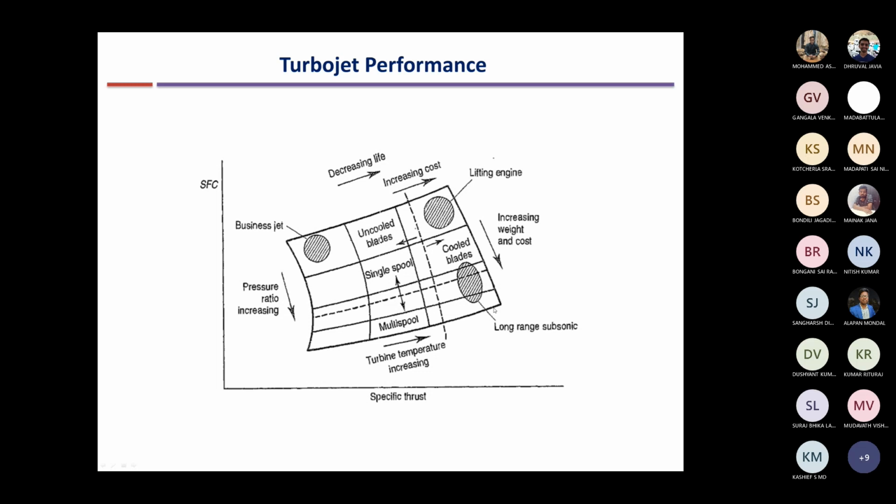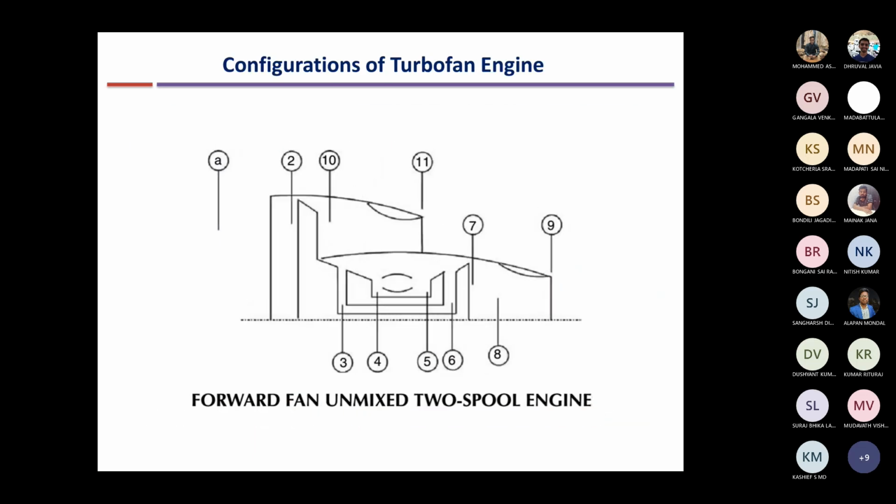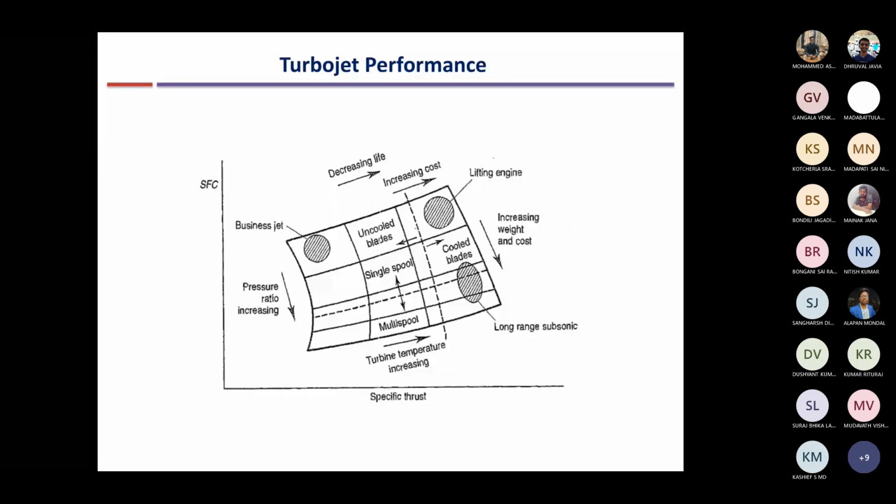So what is done is that the high pressure stages rotate at higher speed and the low pressure stages rotate at lower speed separately. There are concentric shafts here. For turbofan, I will show you. For the low pressure stages, they rotate at lower angular velocity, so that the linear velocity is kept in check. Okay, so that's why for lower compression pressure ratio we need a single shaft, but for higher pressure ratio we need multi-spool, and accordingly the cost and weight will increase, as you can see from here.